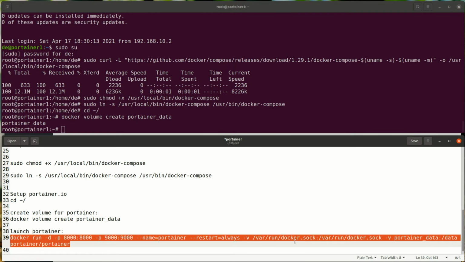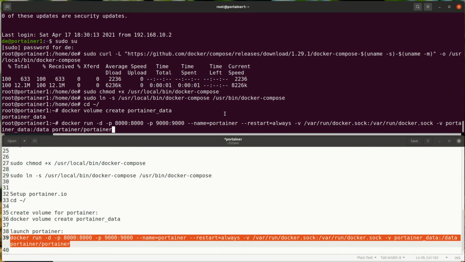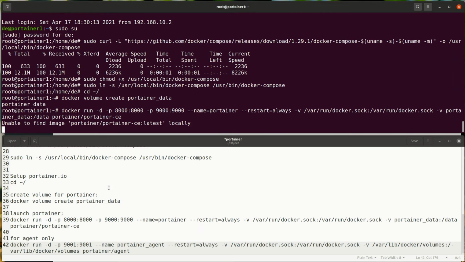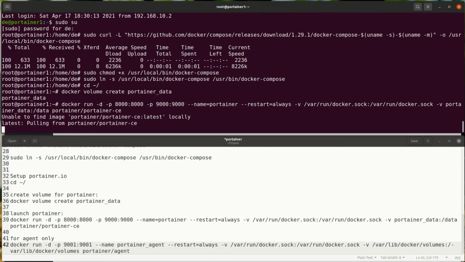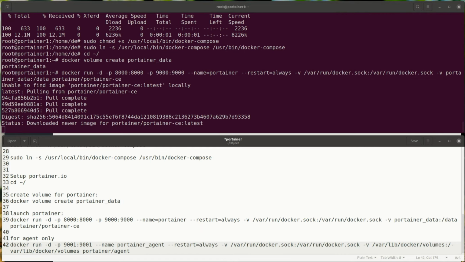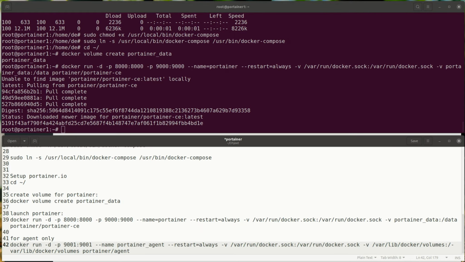Then spin up containers. Then the Portainer container is running and next open a browser to navigate to the Portainer GUI.